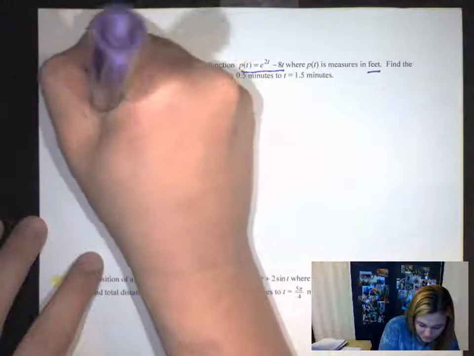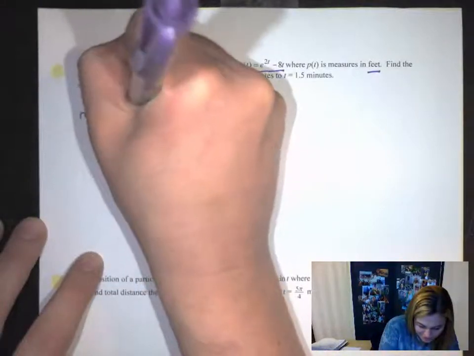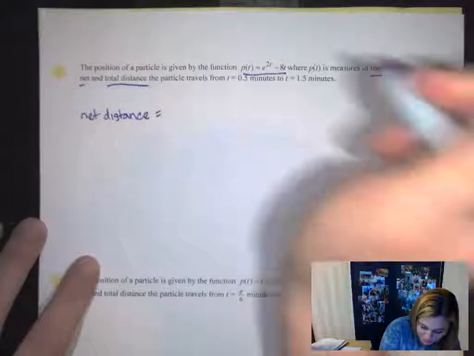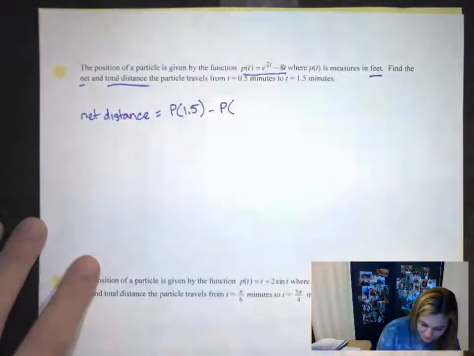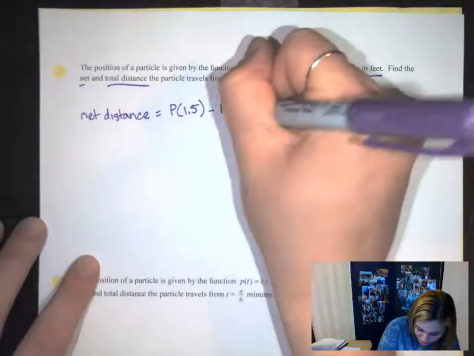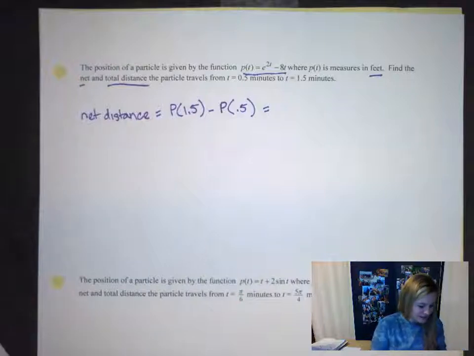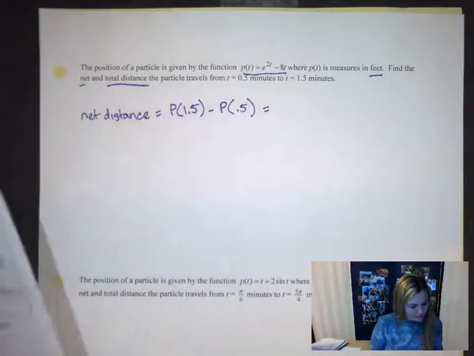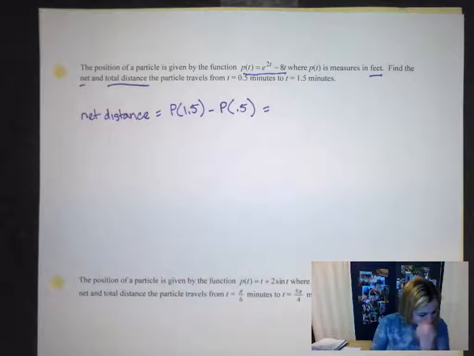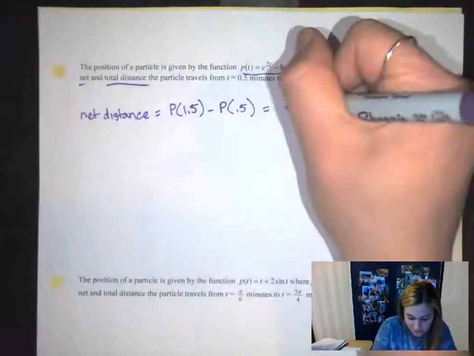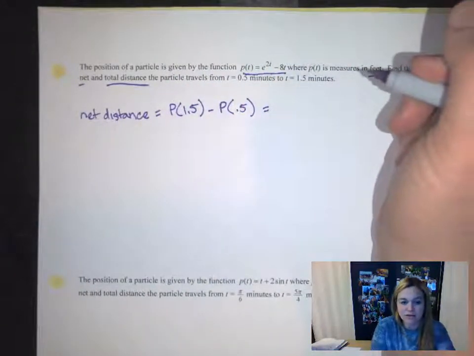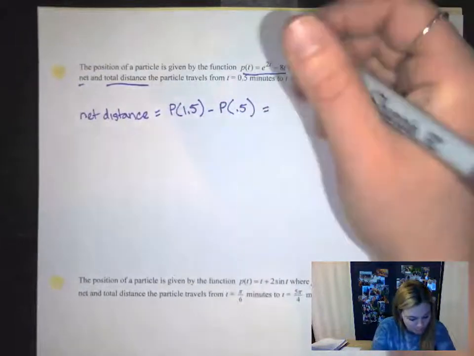Net distance. Net distance is always just going to be P of 1.5 minus P of 0.5. So if I do this, I'm going to look back to previous me to see if I have this work already done. Yes, I did. Okay, so P of 1.5 minus P of 0.5. And if you put this in your calculator, and this can just be in the regular, like just substituting in these numbers 1.5 and 0.5, you should get